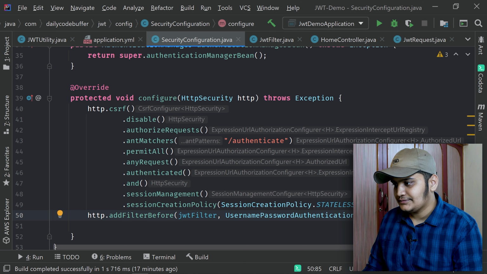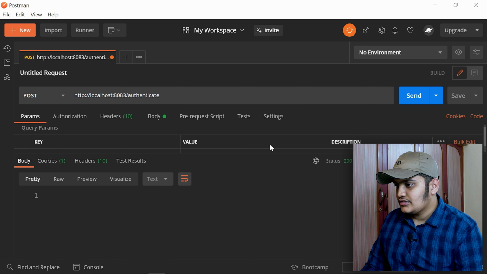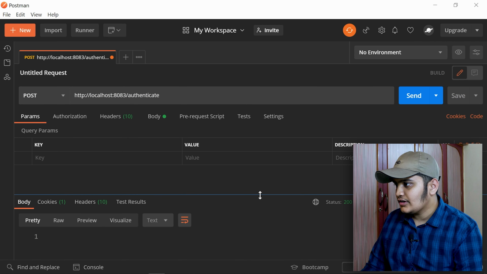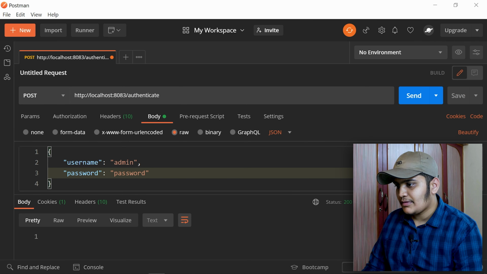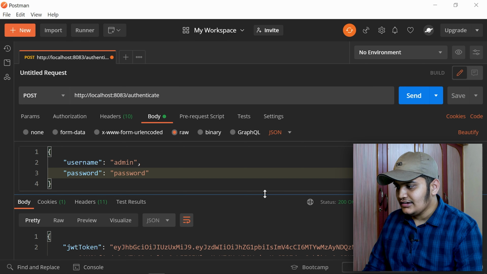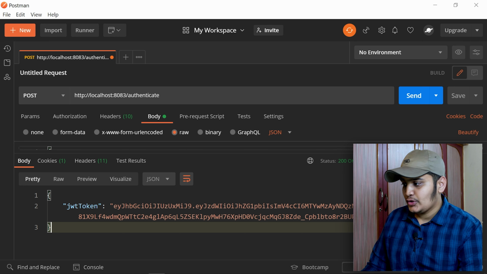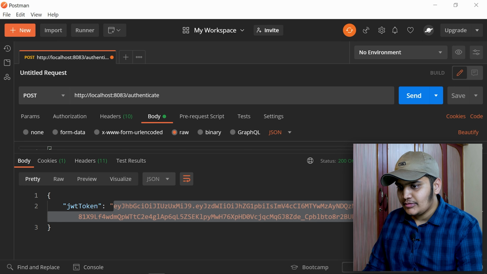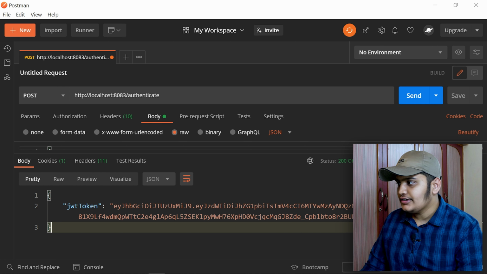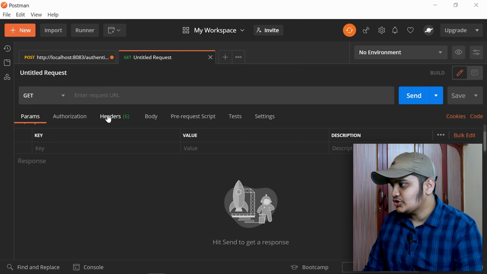So let's run this. Okay, so when we do the post over here, with authenticate in the body as username and password, with admin and password, when I send, you can see that my JWT token is created. Okay, now we need to use this JWT token. So let's just copy this JWT token over here, and we'll do a new request. That should be GET